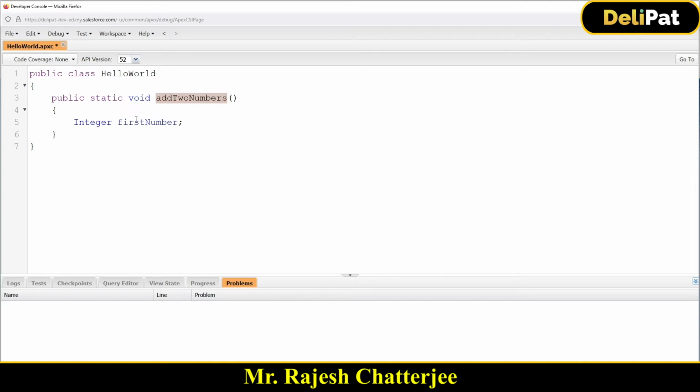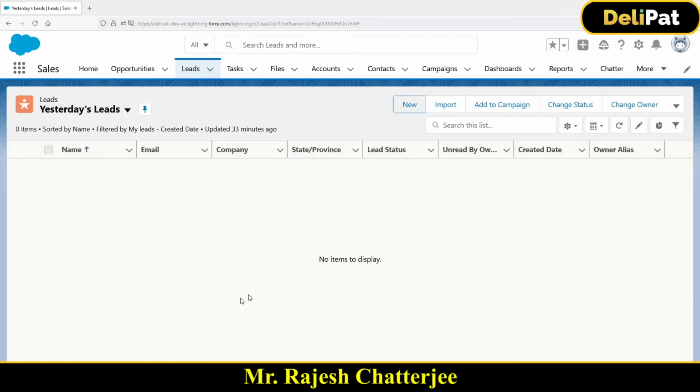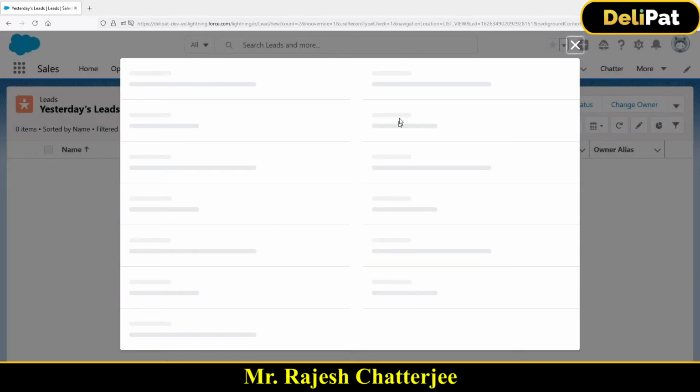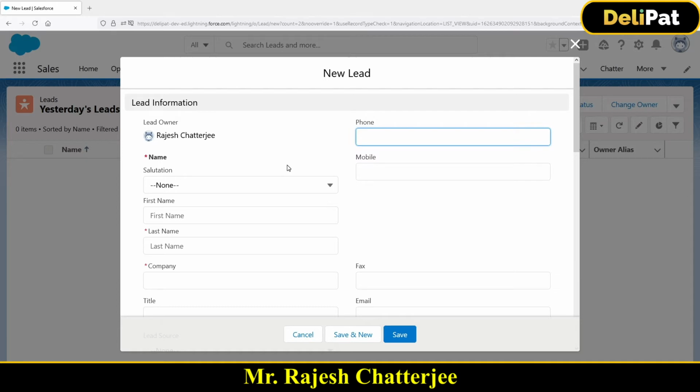And once you hold the phone number of the lead you are entering in a variable, you can go and check in the database, hey, is there any lead that exists with this phone number? If it exists, then hold it in another variable. You get it? If any lead data exists with the same phone number, then hold the reference of that lead in another variable. So this is where a variable comes into the picture. A variable is a data structure which helps you hold the data during the runtime.